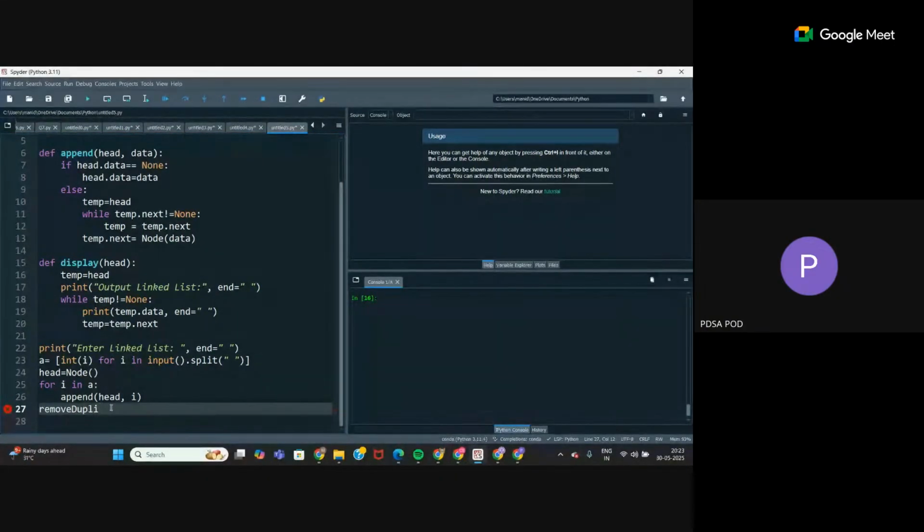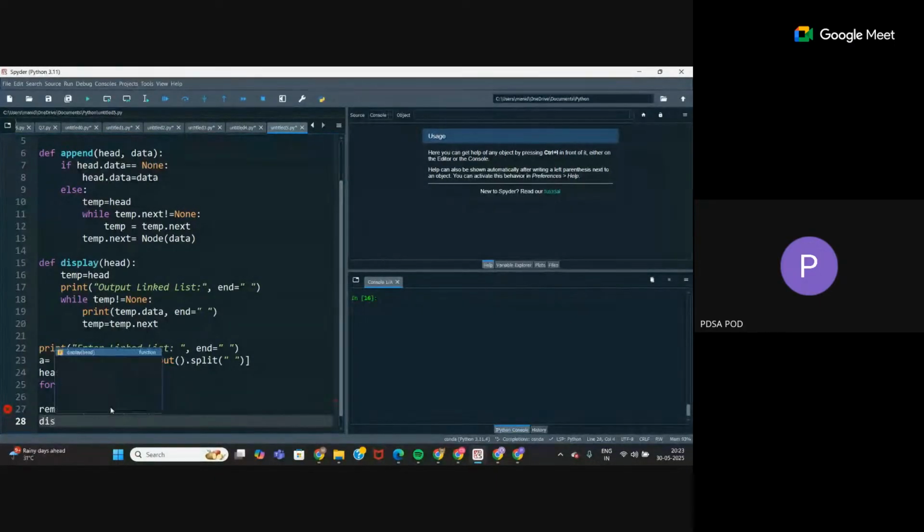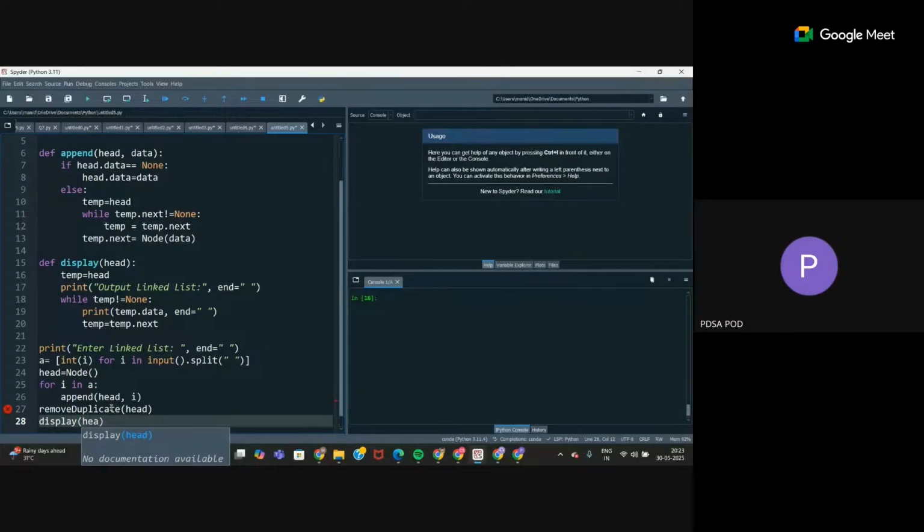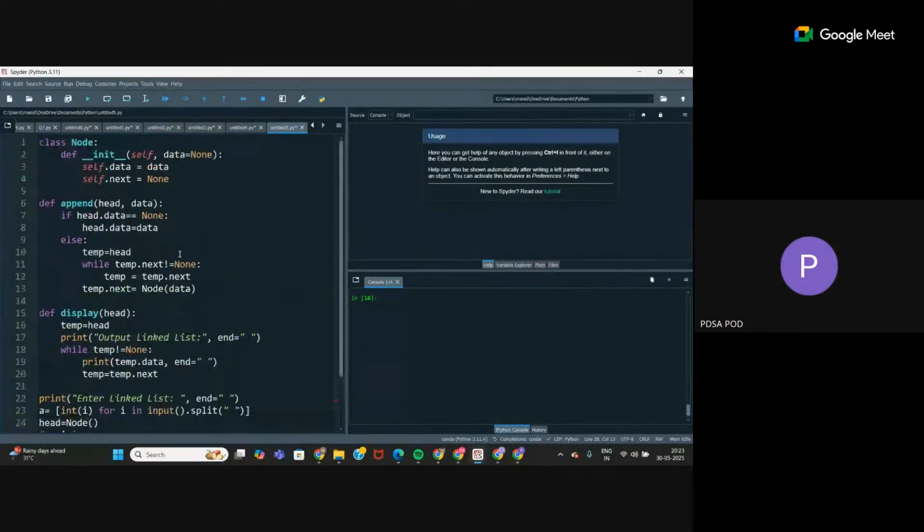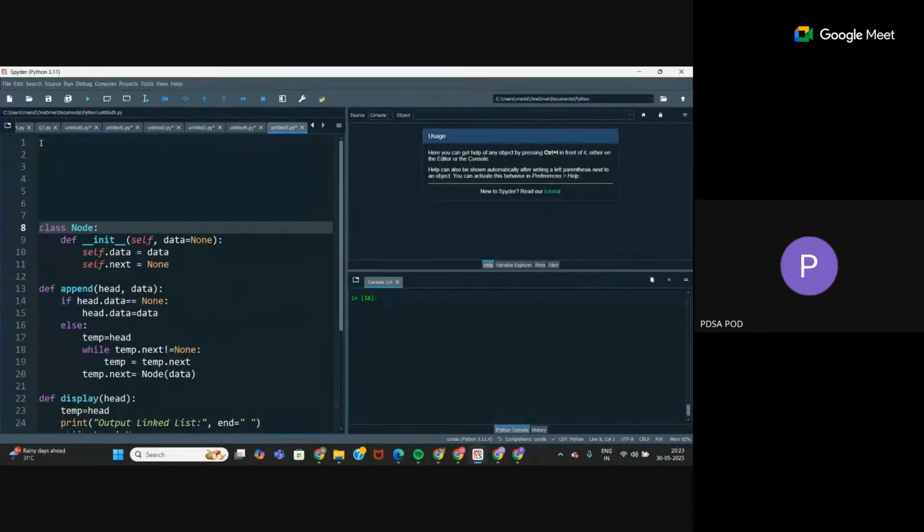Okay. So remove duplicates is the function we have to write. So remove duplicate will take head as its parameter, and lastly we'll display once all the duplicates are removed. So display and give the head pointer. Now let's write remove duplicate. So define remove duplicate,